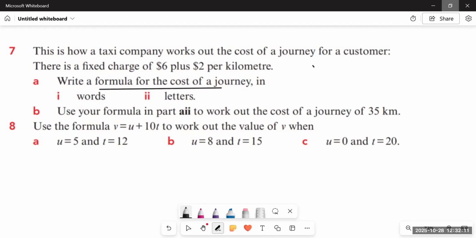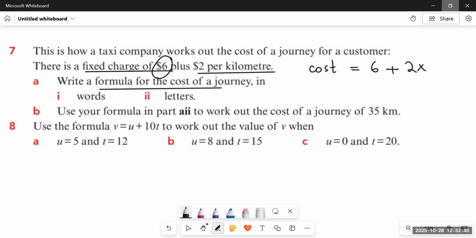we have to write down the formula for the cost of a journey. So we will say that cost is equal to a fixed charge of $6, which won't change. So it's a constant. The thing that is fixed will be kept in numbers. We are not going to write it down in variables. But since we have to pay $2 per kilometer, here it was $6, no kilometers were involved. But here, since kilometers are involved, so we have to say that it would be